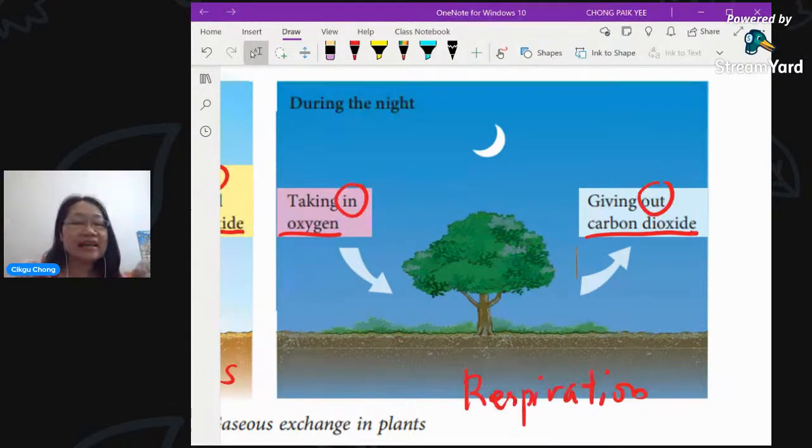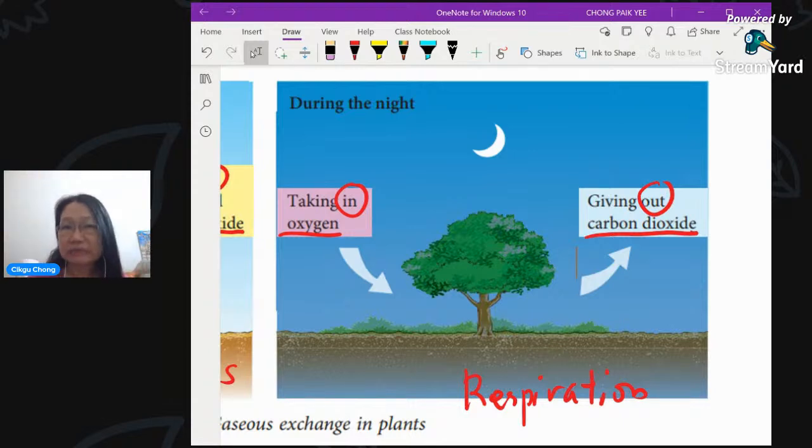Yes, right. Because at night, of course, normally nobody sleeps with the light on, isn't it? You won't have very bright sunlight or bright lights at night. So it'll be all dark when you sleep. So everybody, including yourself and the plant, is taking in oxygen. So when they're taking oxygen, they're also producing a lot of carbon dioxide. So that means that, in fact, if your whole room is all closed up, when you switch on your aircon and everything, all the oxygen is being absorbed, right? You don't have the circulation, no ventilation. You don't open the windows and everything. So you'll actually be lacking oxygen. All right, okay? So it's not encouraged for you to put a green potted plant in your bedroom, okay?